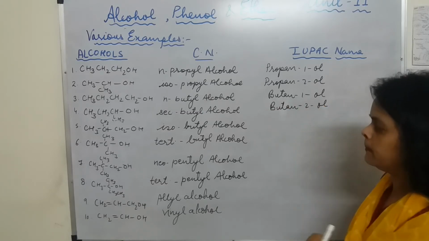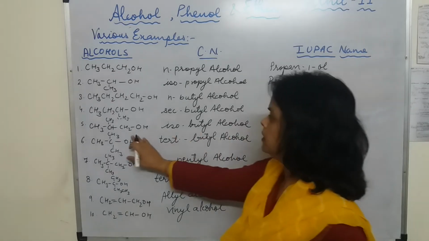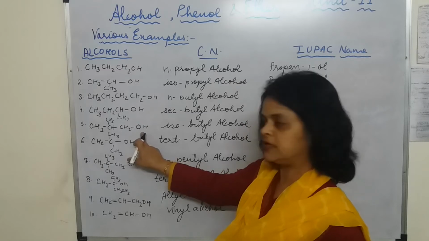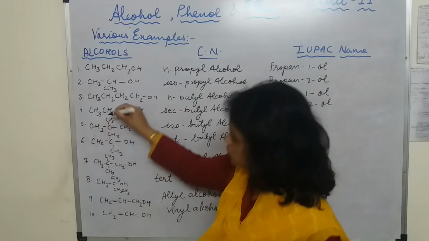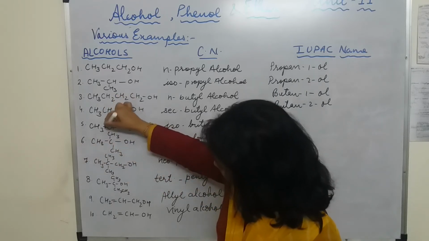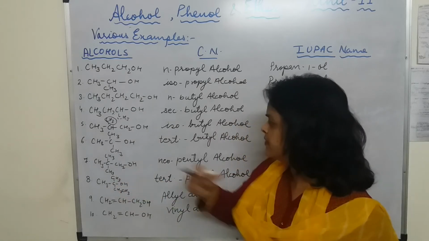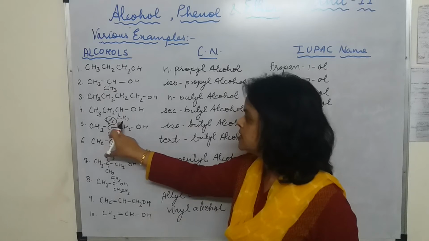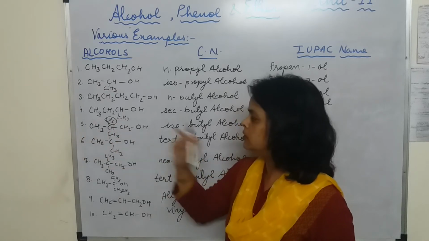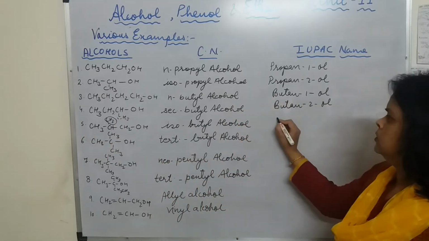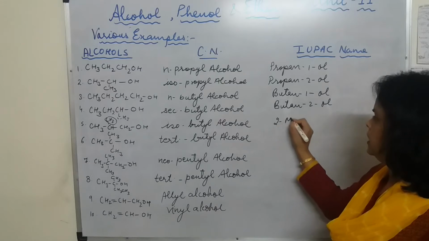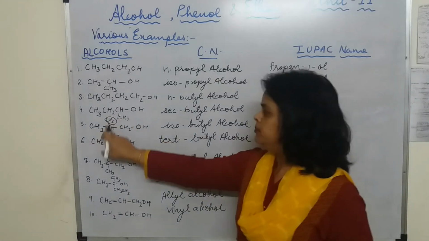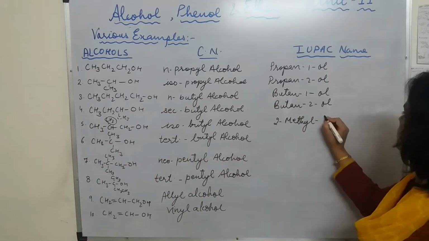Here if you take this chain, then you will see that OH is coming to the second carbon. So you will write butane 2-ol. Okay. Here in this CH3, CH, CH2, OH, the longest chain will be this one, and it is having only one methyl group. This methyl group belongs to the lower one. So it is having one methyl group and a carbon chain of 3. So we will write 2-methyl propane 1-ol.